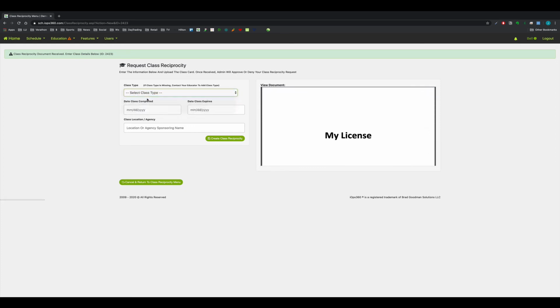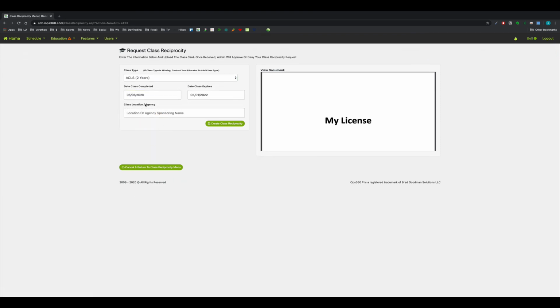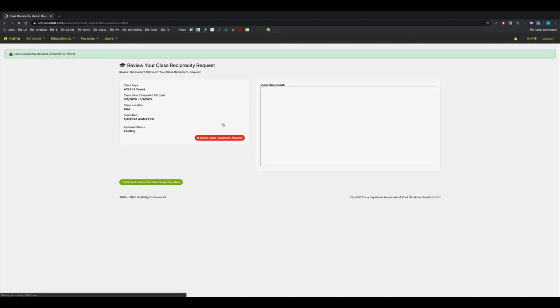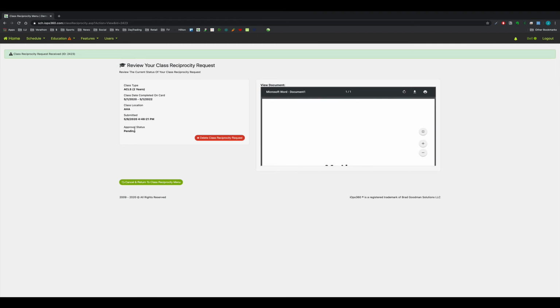Then you can click ACLS, and whenever you did the class, we'll say we did it on the 1st, the system automatically knows that ACLS is a two-year certification. We'll go ahead and just put AHA on that, and then we'll go ahead and create the class reciprocity. Again, this is approval status because the education